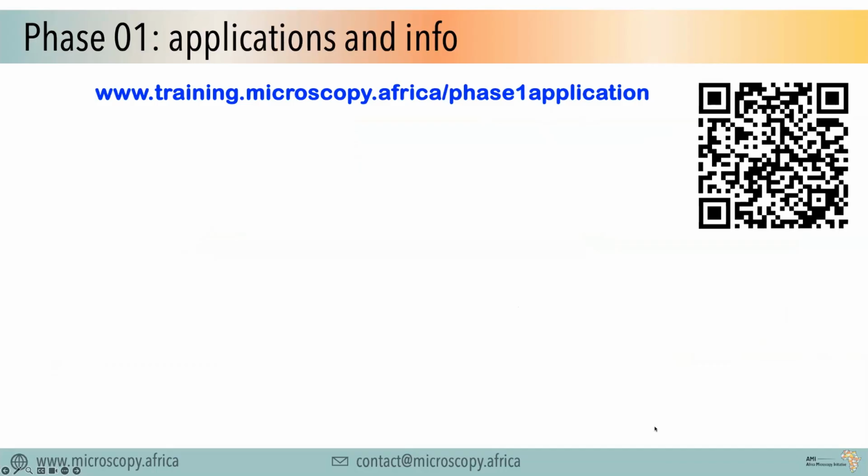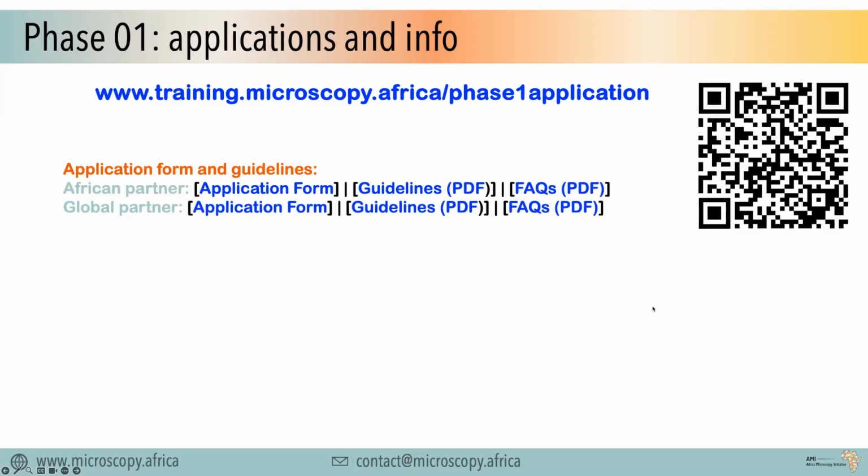In case anyone hasn't seen it, all of the application forms and information are available on the UMI website. If you go to the link that's listed in the blue text over there, you will see a web page. You can also use the QR code that will stay up on the screen for the next couple of minutes. Alternatively, you can take a screenshot if you're on your cell phone right now. If you navigate to this page and scroll towards the bottom, you'll see a section called